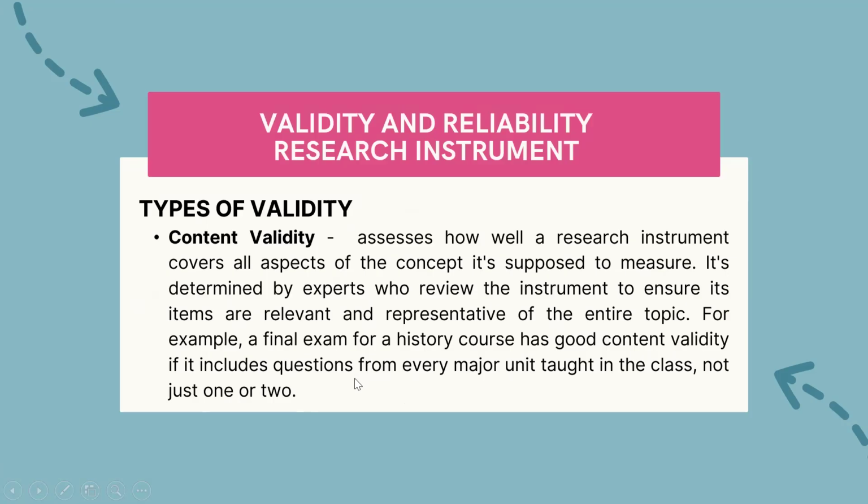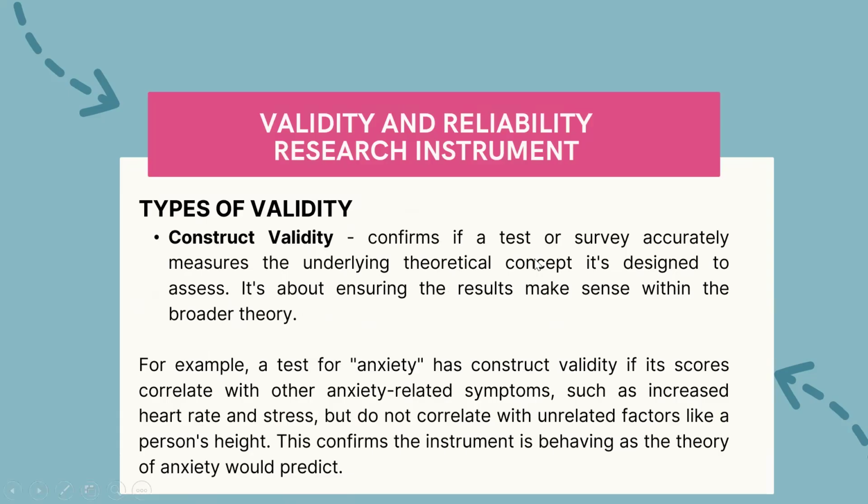Say, for example, we are having a first quarter examination. Of course, it covers all of the topics in the first quarter. So each of the topics should have a representative number of items in your exam questions. Okay? Content validity. Next is construct validity, another type of validity, in which it confirms if a test or survey